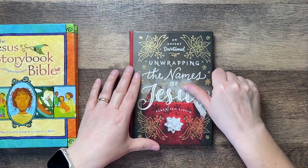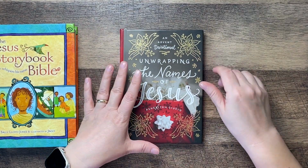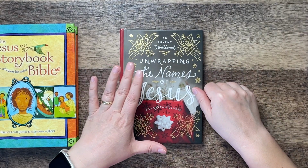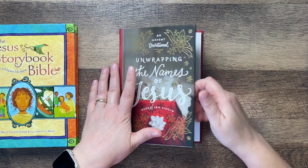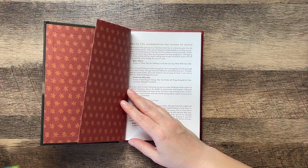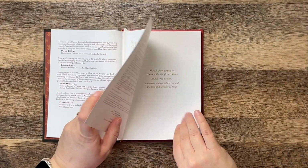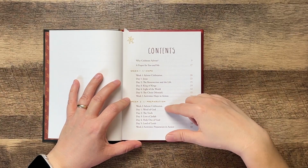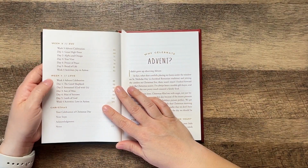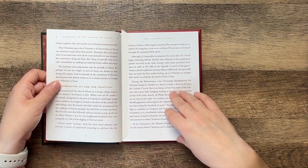And then a few years ago, I got this Advent devotional, Unwrapping the Names of Jesus. And we have used this for a couple of years in a row, maybe 3 years actually. And this is very similar to this book. It's got everything separated into the different weeks: hope, preparation, joy, love, and then why celebrate Advent. And then each